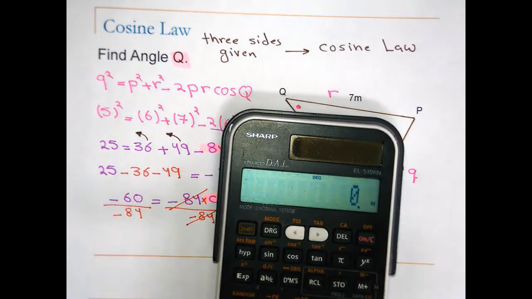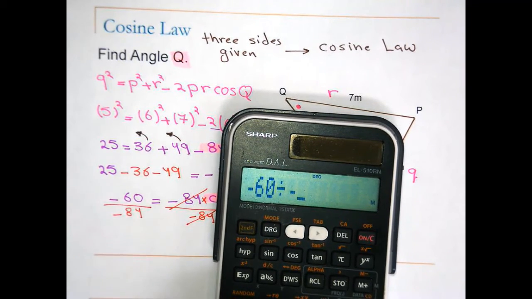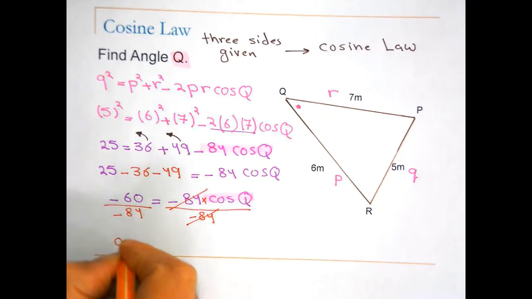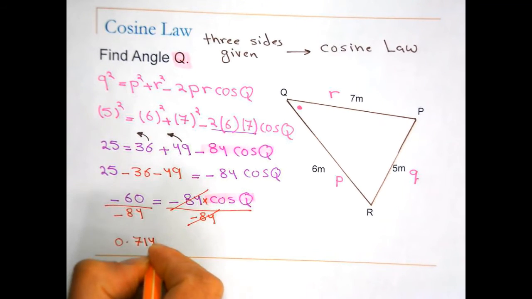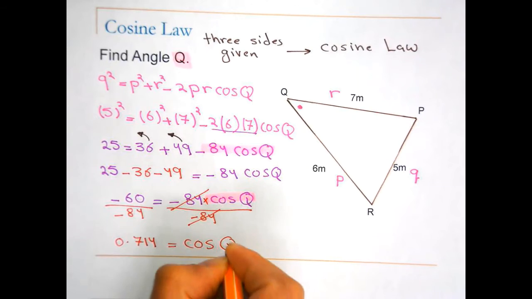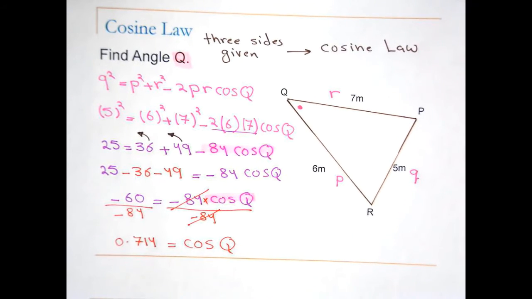Negative 60 divided by negative 84 is 0.714. So 0.714 equals cosine Q. Again, I'm sure you remember that in order to find the angle, you need to use